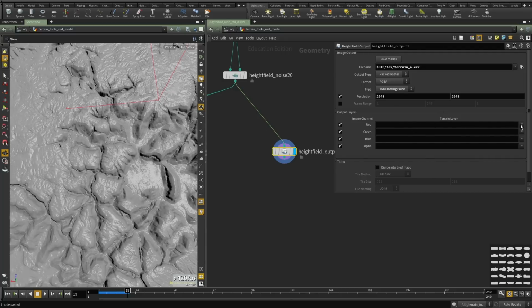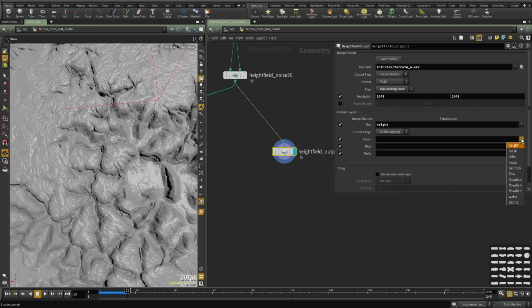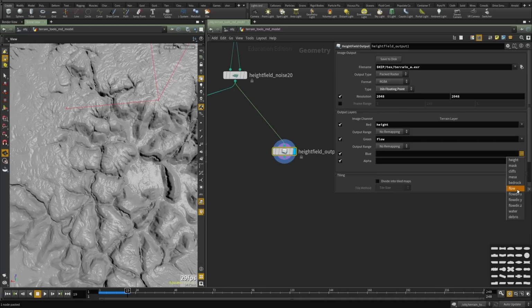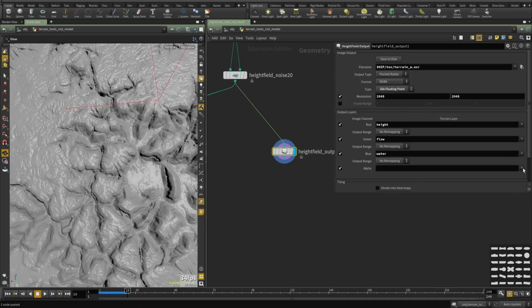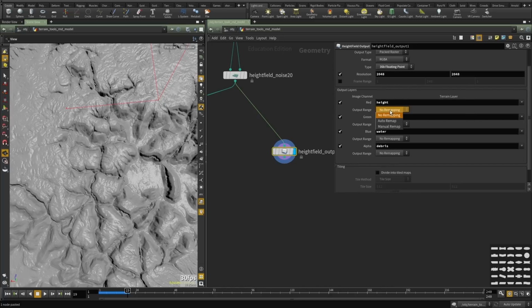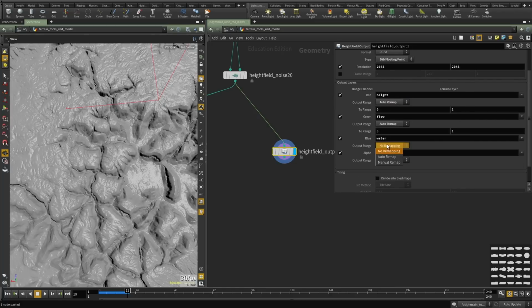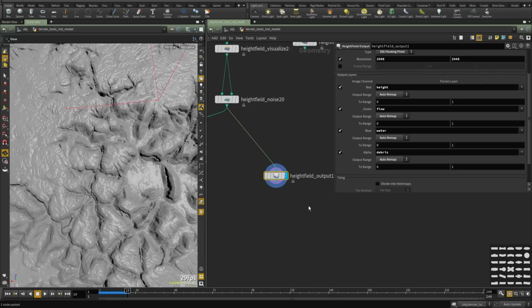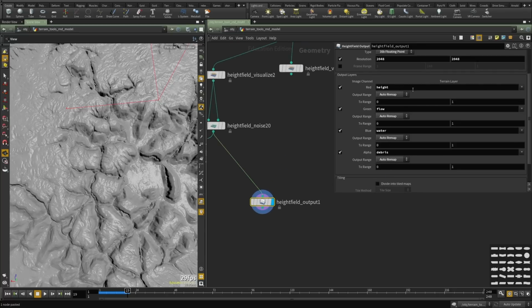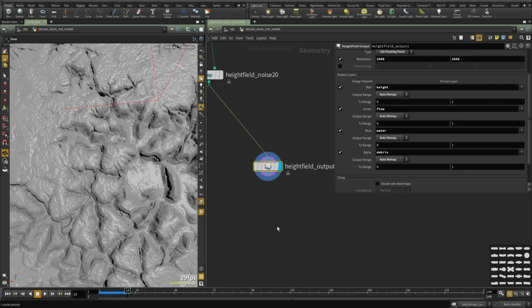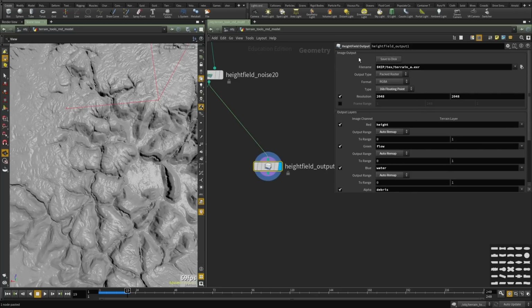And then here, which is an awesome feature, because all these are float information, we can say, okay, I want the red to be the height, the green to be the flow, the blue to be the water, and then the last one would be the debris, for example. And for the remapping, I'm going to set it to auto remap, which means it's going to fit automatically the range of each of these channels. This is mainly interesting for the height. So let's write this to disk,